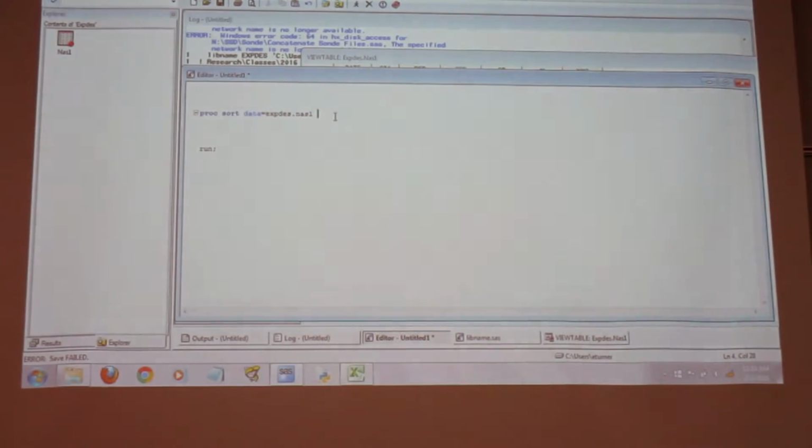So if I didn't put a folder and I said just NAS, then it's going to think it's in my work folder. That's the trick of SAS. If you don't specify a folder, it's assuming it's work. It's assuming it's in that work folder. And we're going to use that work folder in a minute because we don't want to mess up our good file, right? So XP DES period.